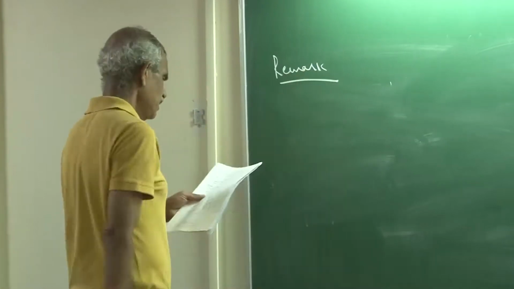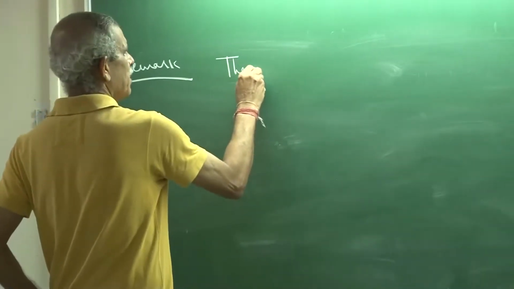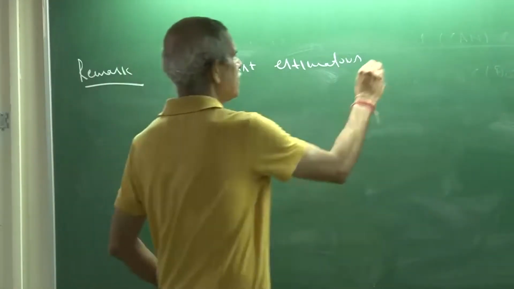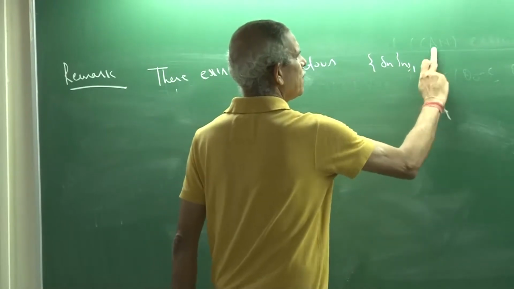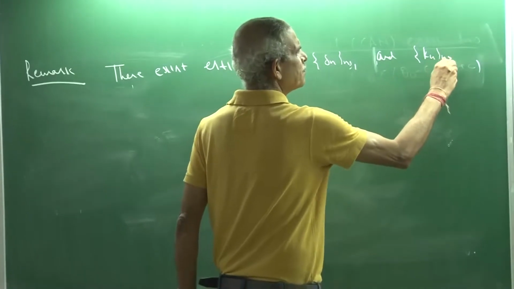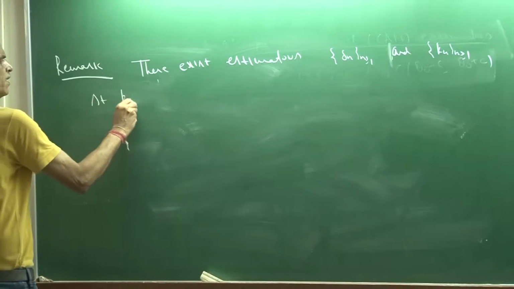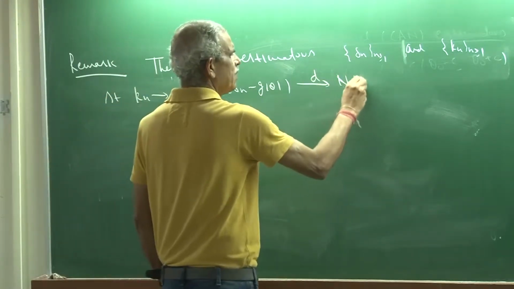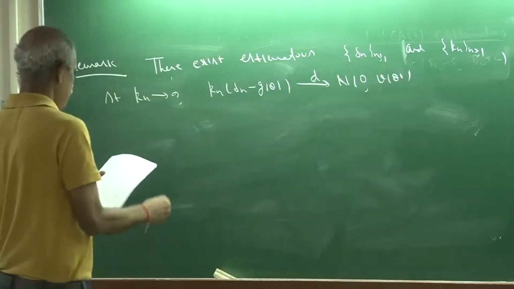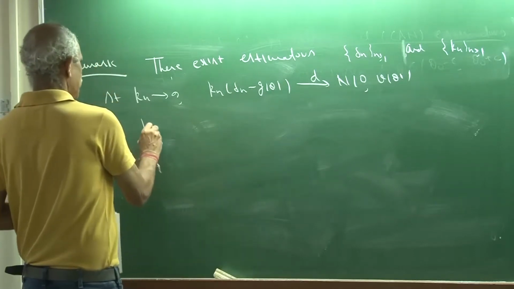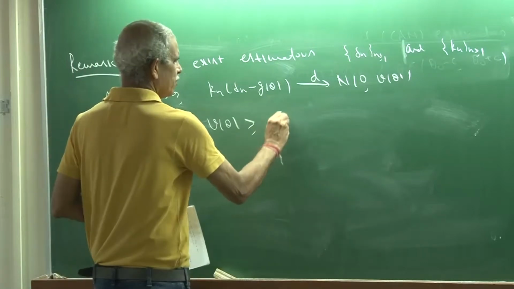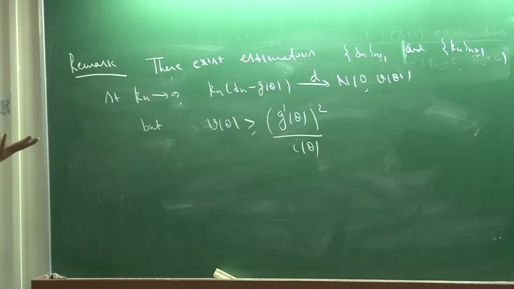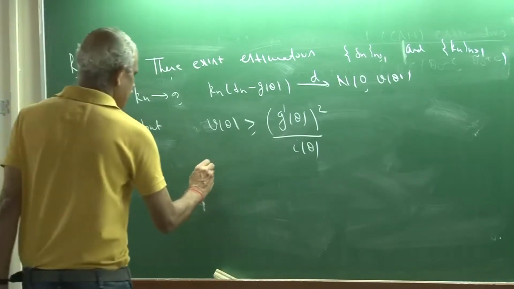So let me write this down as a remark. There exist estimators delta n and a sequence kn such that kn goes to infinity, kn times (delta n minus g theta) goes in distribution to normal 0, v theta, but v theta is greater than or equal to g prime theta whole square by I theta, which by the last result holds almost everywhere, but there could be some thetas where it doesn't hold. So this is getting violated